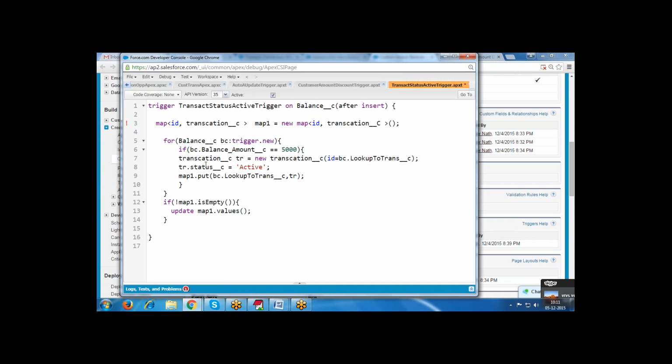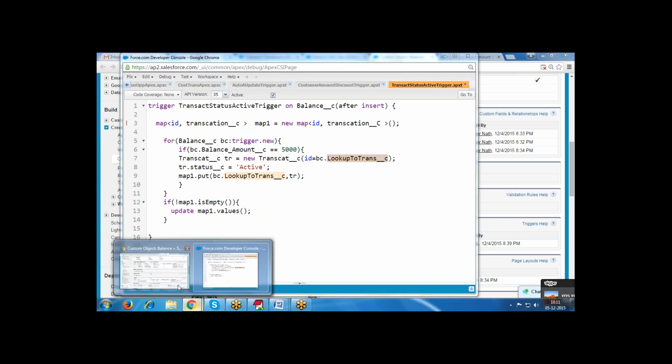Then the transaction object. What is the object name? Transact. In the transaction object, we have the field bc.lookup to transact.